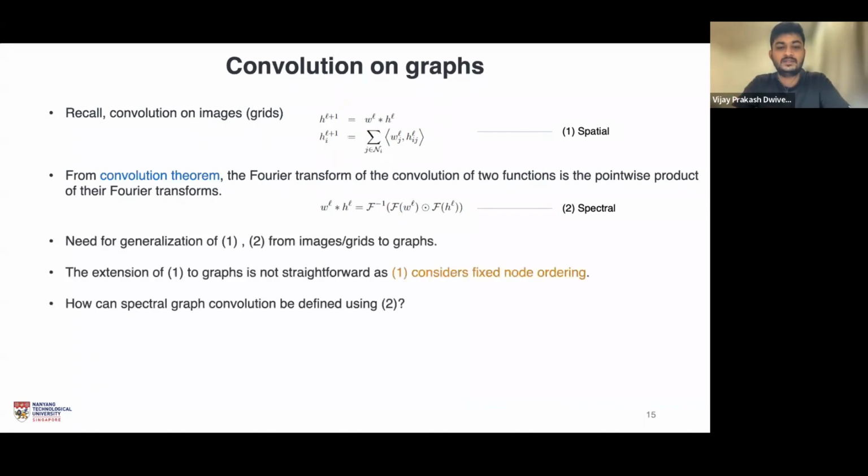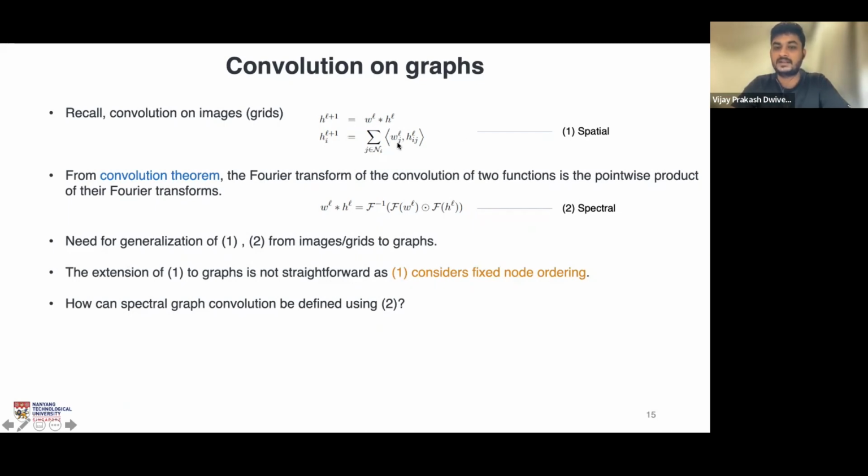Now we need to generalize both these definitions from images to graphs. For images, they are already defined and have been used for several years. For graphs, there's a need to define that because we want to generalize all those interesting and good properties that convolution had for images. The extension of the spatial convolution definition is not straightforward, because remember that